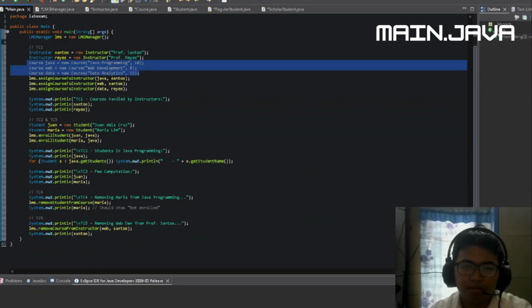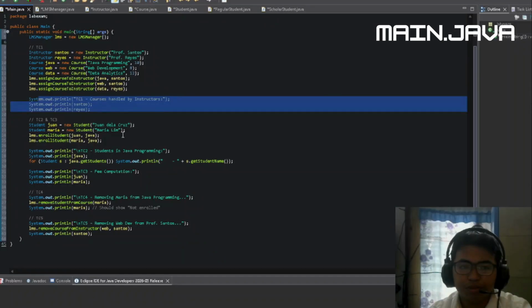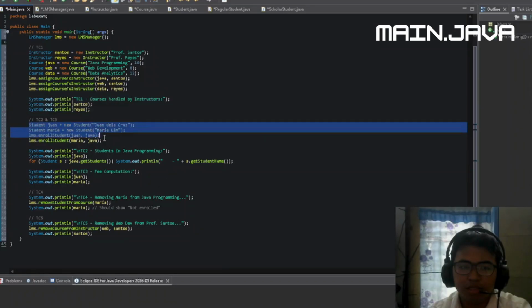This code. Next is the display structure of courses. This code prints the courses handled by each instructor. And next is the TC2, or the test case 2.